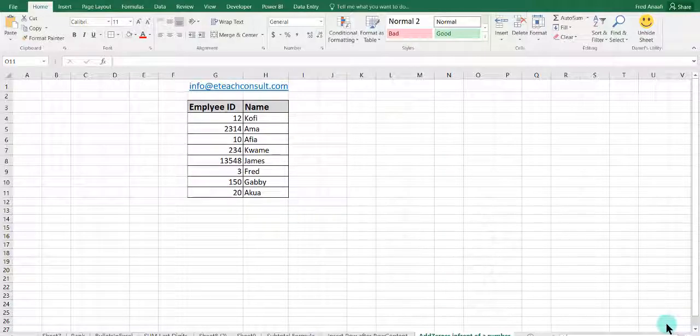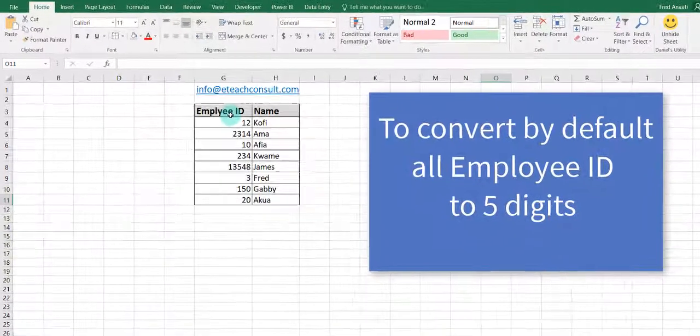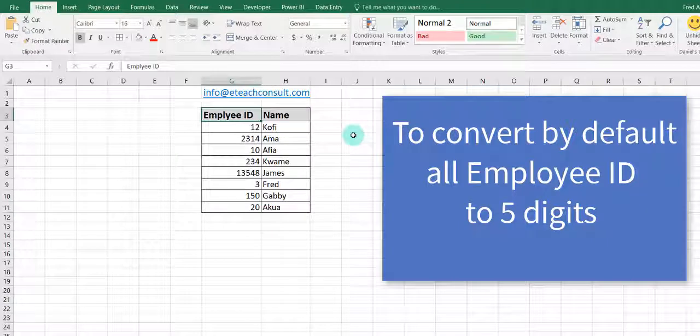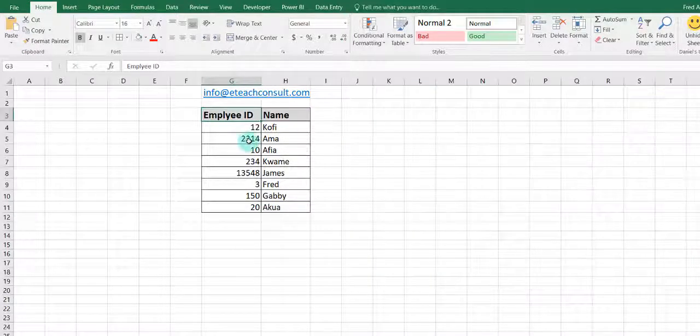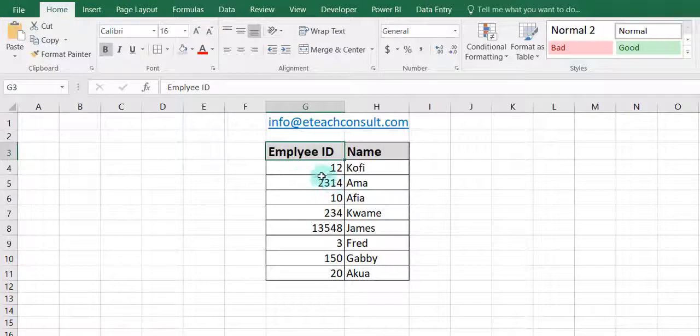Today we have a challenge here. We have an employee ID, and for this particular company, the digits are 5. You want to ensure that the employees' IDs all have 5 digits. So for the ones which have only 112, there's a need for us to have a 0 in